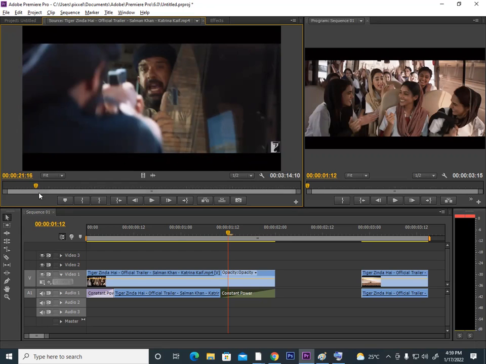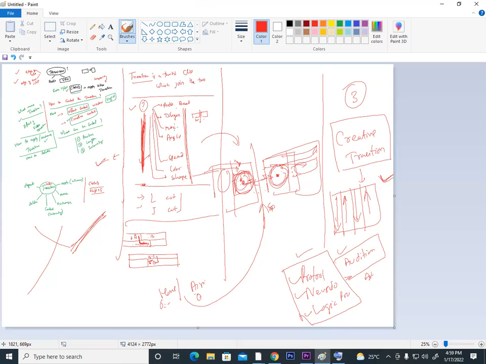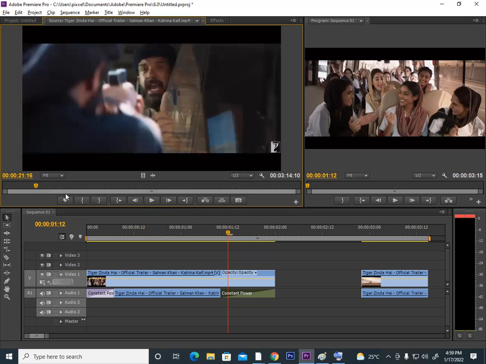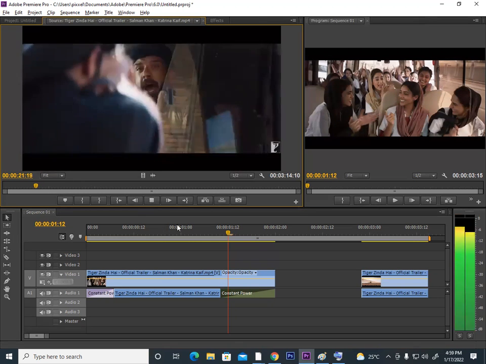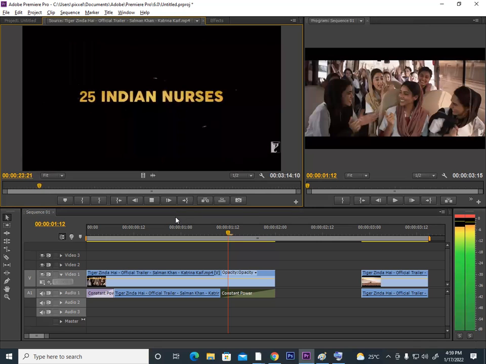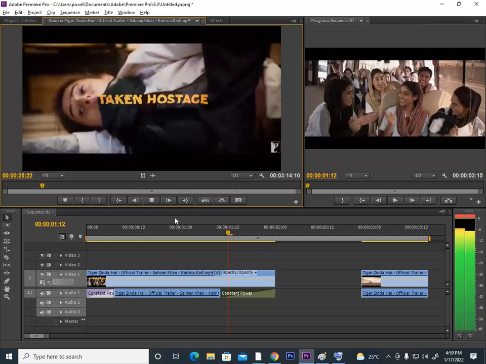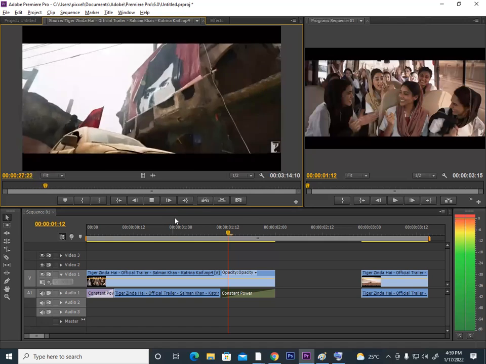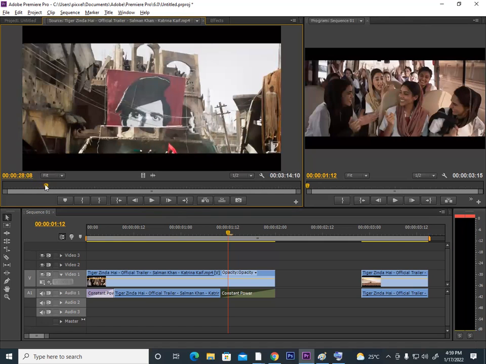Now we have understood, in a small clip, how a professional editor works with sound transactions. Then start finding out safe transactions, dialect transactions. So in a simple clip in a trailer, we can learn all this. There are high voltage sounds, punchy sounds, and then they make a jump